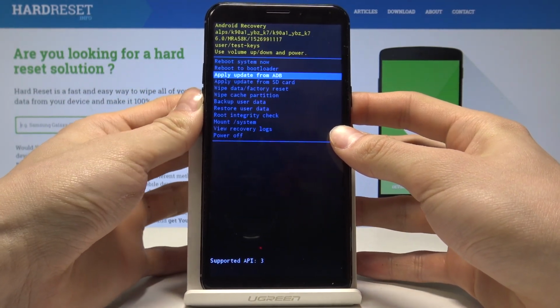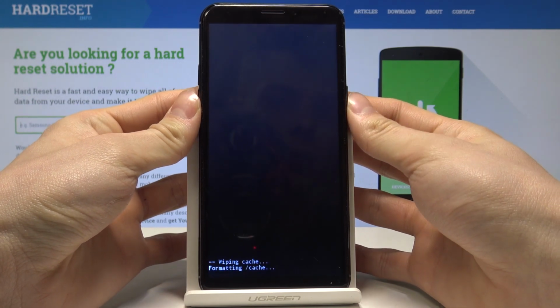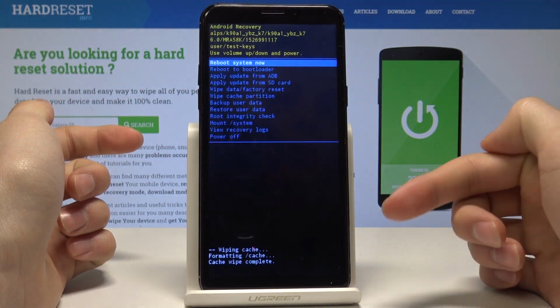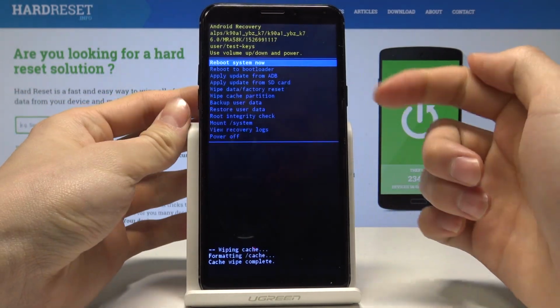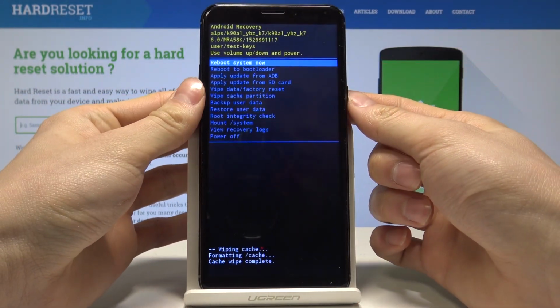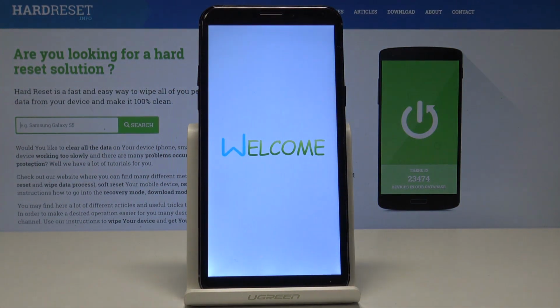Let's choose wipe cache partition and confirm by the power key. The device is now formatting cache, and after that process we can return by tapping the reboot system now. Our device will turn on now,